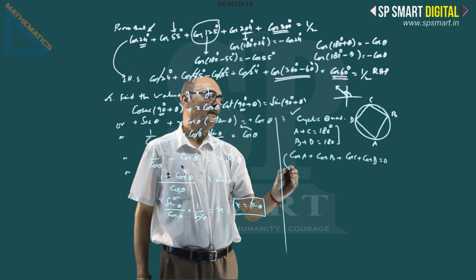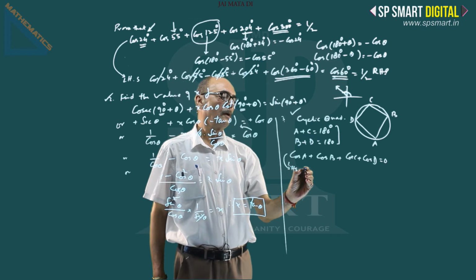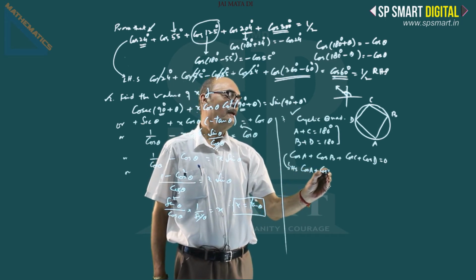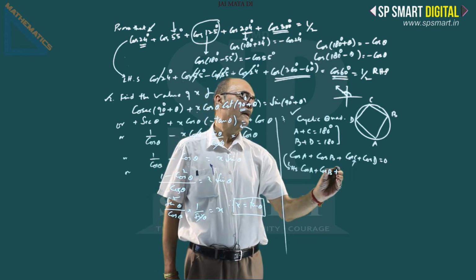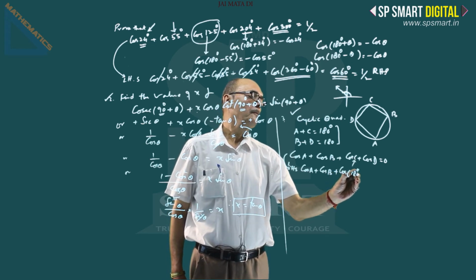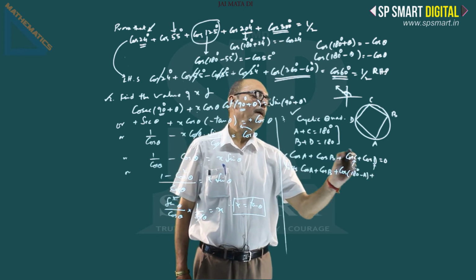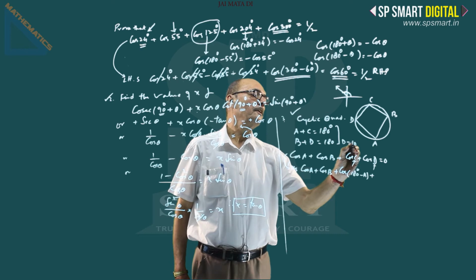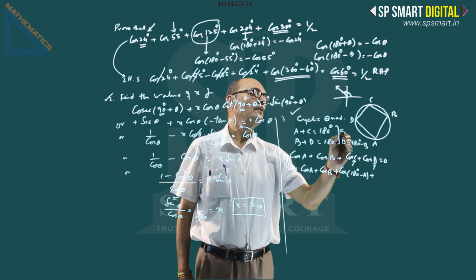So, take the left hand side, cos A plus cos B. Replace angle C by cos of 180 degrees minus A, and replace angle D equal to 180 degrees minus B, C equal to 180 degrees minus A,